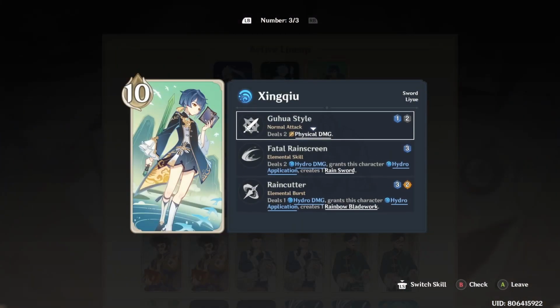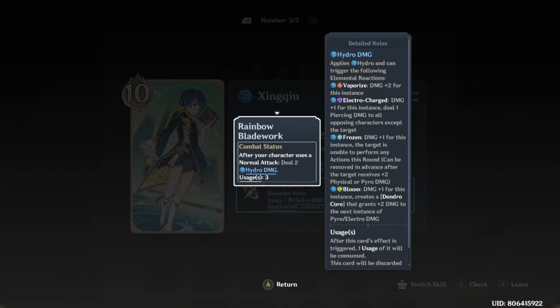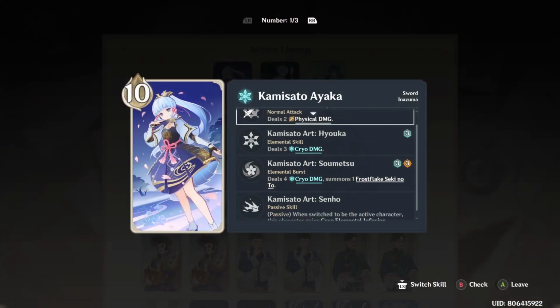For Xingqiu, I think his most efficient and reliable way of applying Hydro is Rain Cutter. With Rain Cutter, essentially you deal one Hydro damage, but you also create one Rainbow Blade. What it does is that whenever one of your characters uses a normal attack, you deal two extra Hydro damage for up to 3 times. So this works really well with Ayaka and Chongyun,